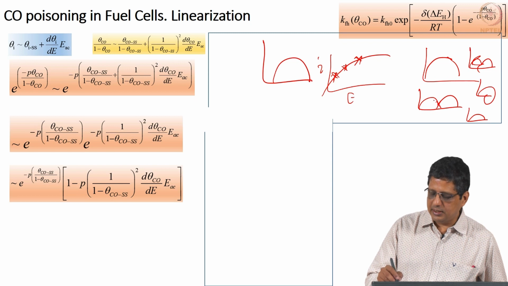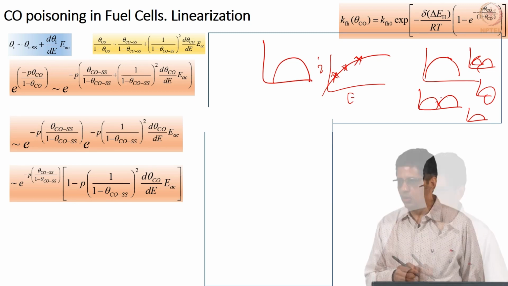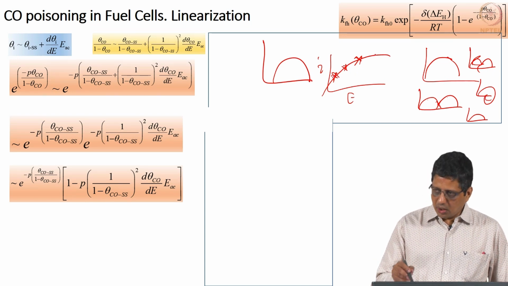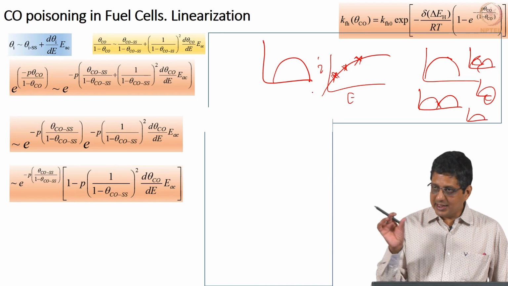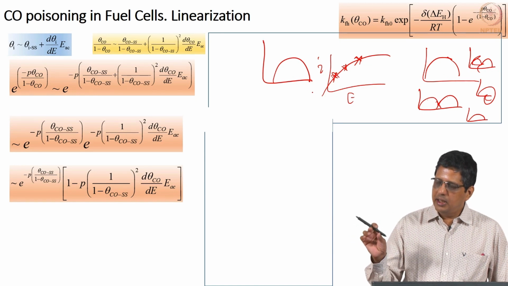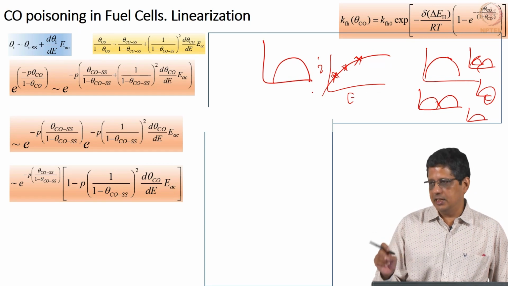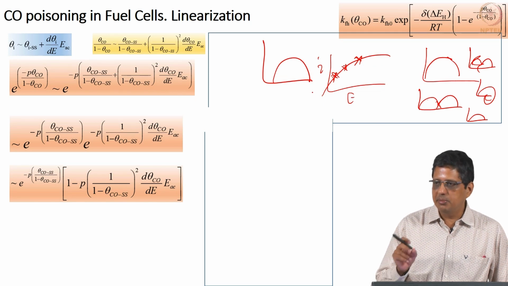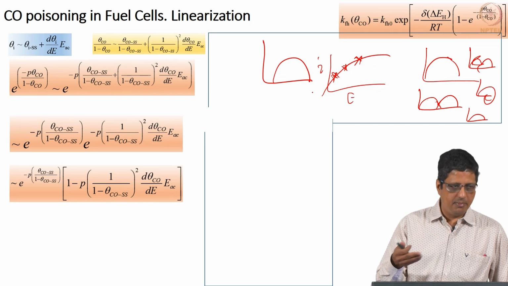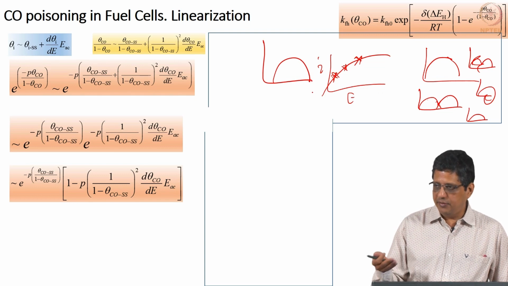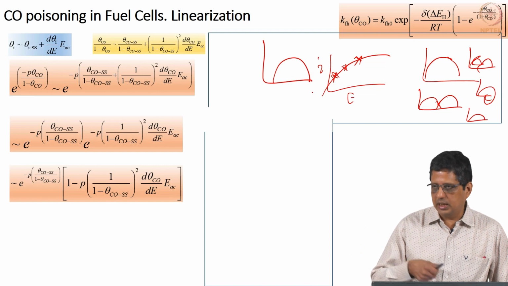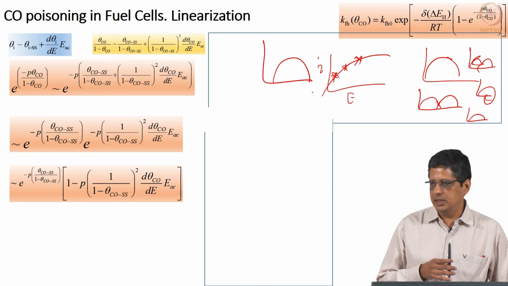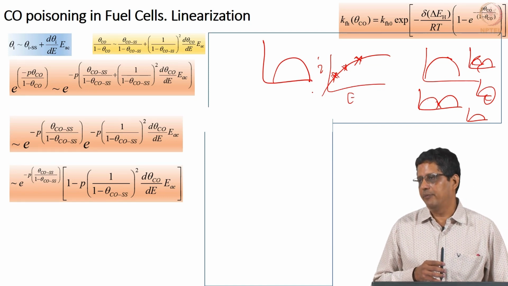Then I say, other than this high frequency loop, I have one more loop, either inductive or capacitive. So, I have to look at all the spectra, find the maximum number of loops in those, and then say that many intermediate species is necessary to describe this. It is possible that when you try this mechanism, it may not fit. You can try similar mechanisms with the same number of intermediate species and see if it can fit. If it does not fit, you may have to go to another, more complex mechanism. The minimum number of intermediates necessary to describe this can be obtained by looking at the number of loops there.